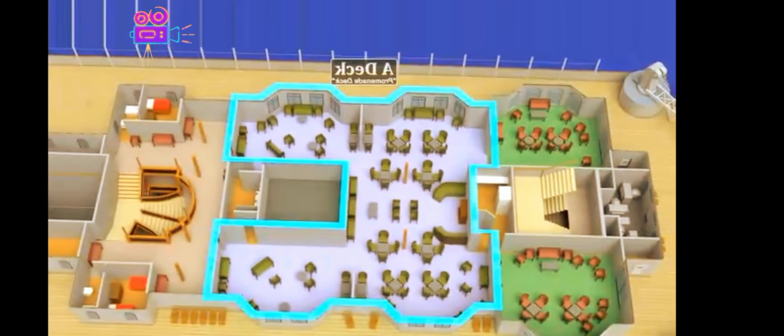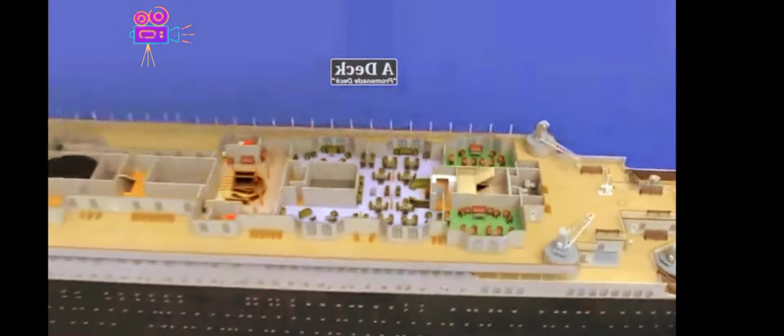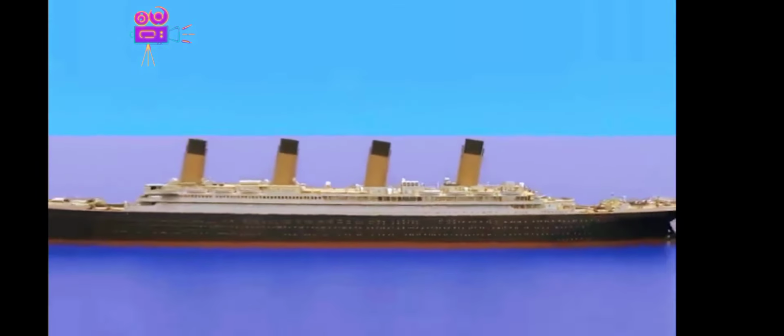And then the first class smoke room. This is where the men would gather after dinner time. The last is the veranda cafe and palm court, which served refreshments for the first class passengers. This is B deck, also known